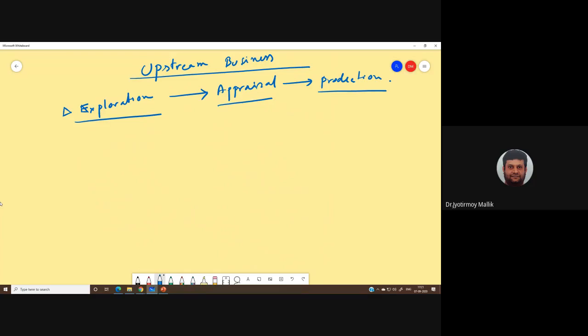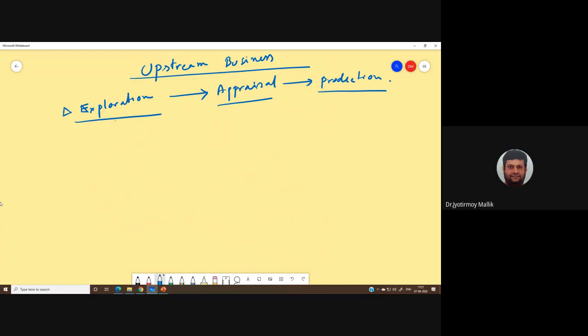So in the exploration stage, we generally drill wildcat wells and exploration wells. We said in the appraisal stage, we actually drill appraisal wells, and in the production stage, we either convert exploration and appraisal wells to production wells, or simply drill more production wells. Okay, so